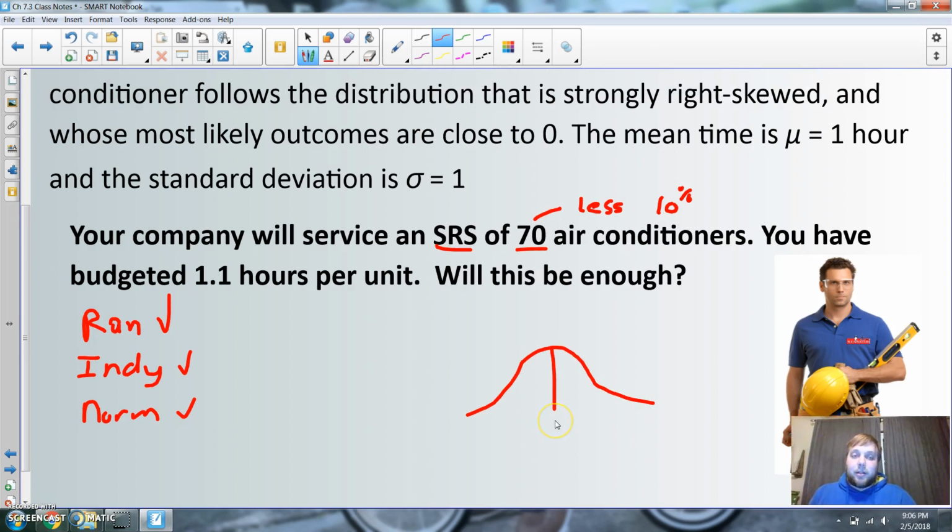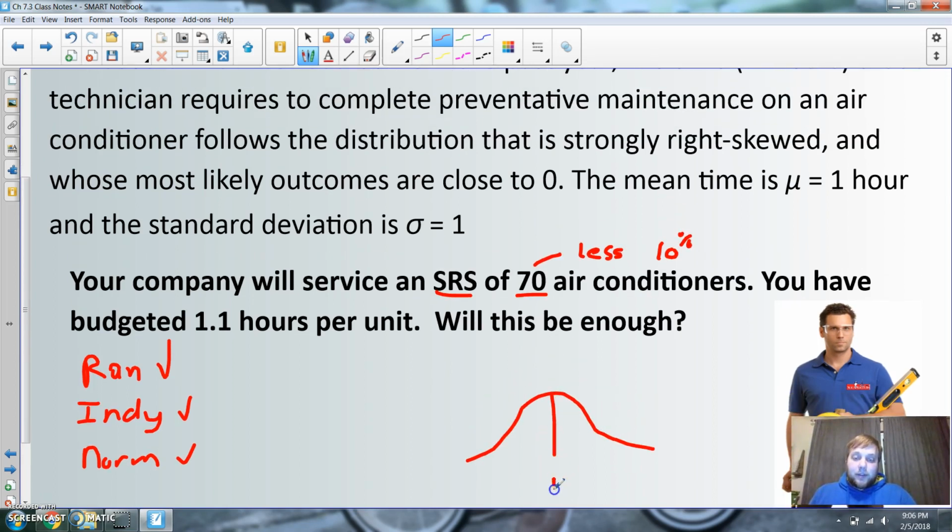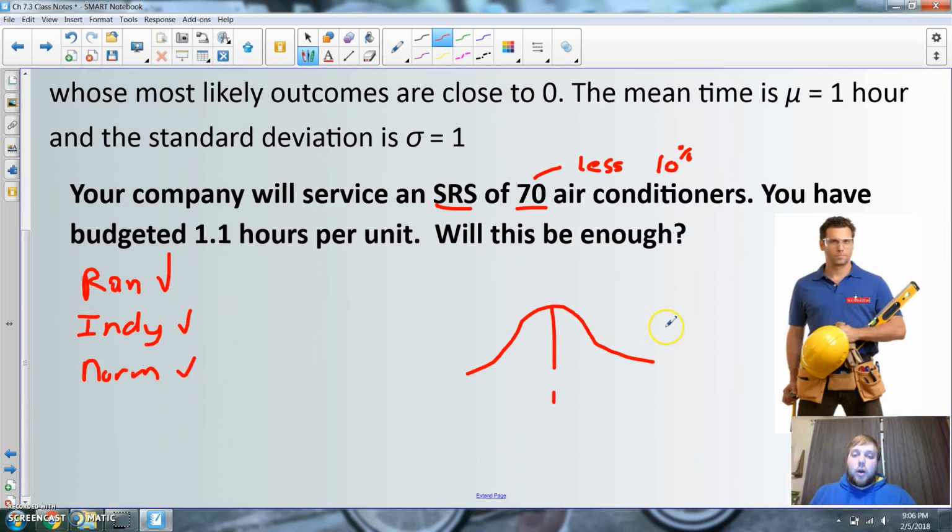Alright, so it's going to be centered roughly at 1, because that's where the mean up here is. But our standard deviation is going to be slightly different. It's not going to be 1 anymore, right? Because I'm taking 70. If I just had one of them, it could deviate by 1. But I'm taking 70, so I'm going to go 1, the standard deviation of all my samples, divided by the square root of 70. Alright, I'm going to pause it and calculate it. After I calculated it, it's 0.1195 is my standard deviation,